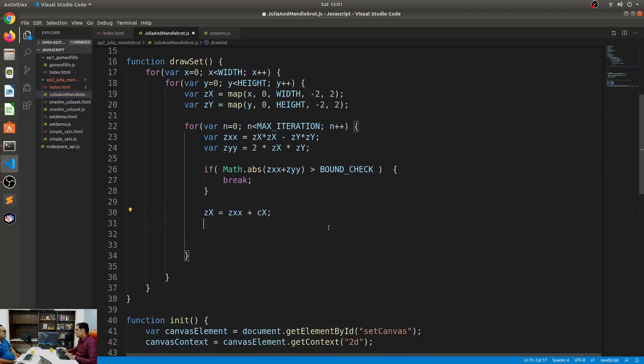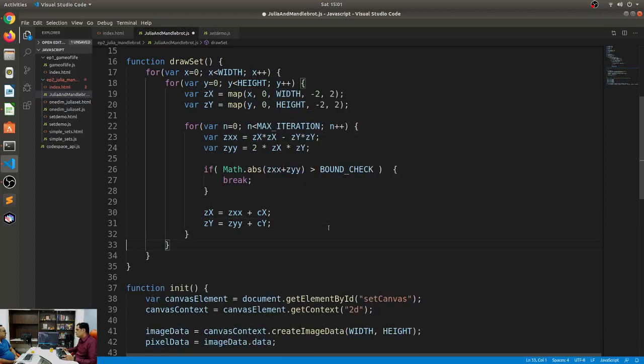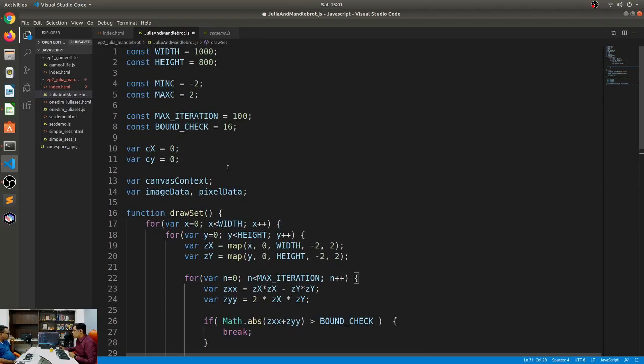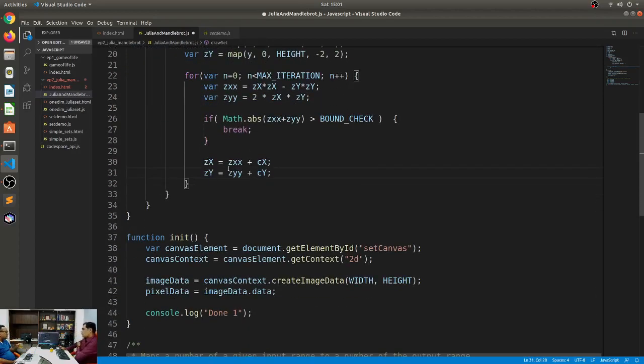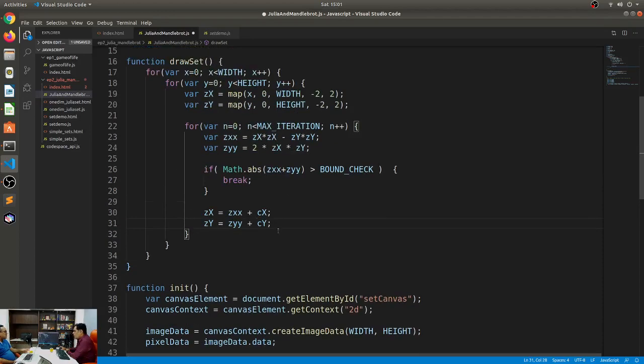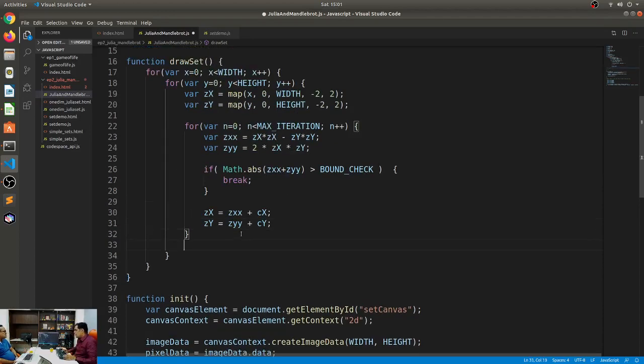And the same thing with y also. So this is the z square plus c, where I'm adding the constant over here, and the cx and the cy we've added over here. All right.